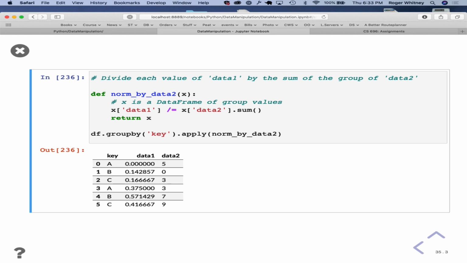So we're applying the function to, right? Anyone know what this does?